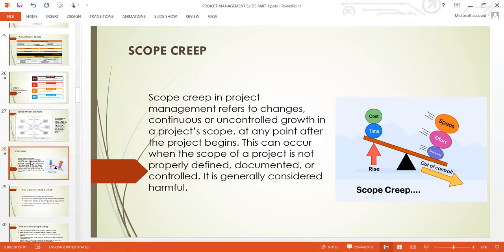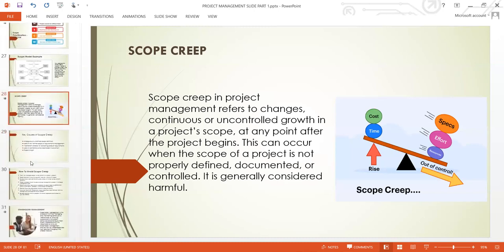So it's one of the major harmful or dangerous problems we do encounter in project management, and we should try as much as possible to avoid it. Although it's very difficult to avoid, what we do is we plan to manage it. You make a provision for that. So to make a provision for scope creep,